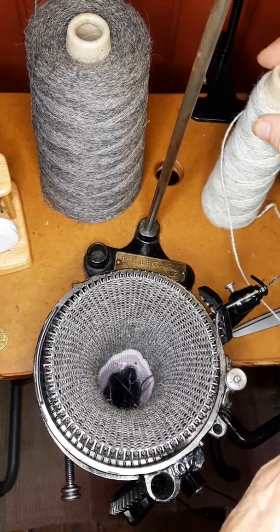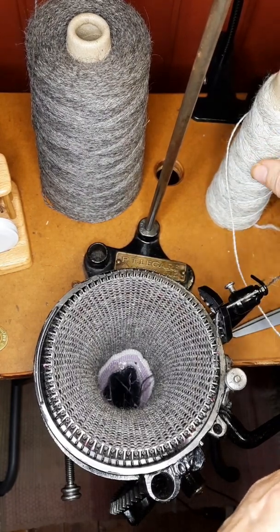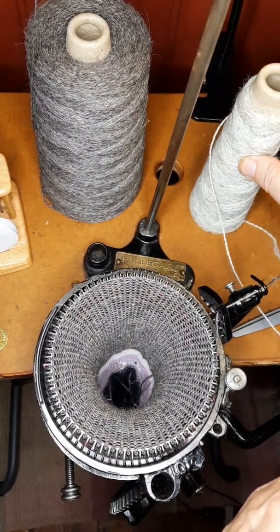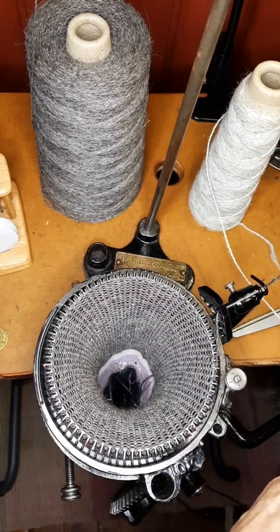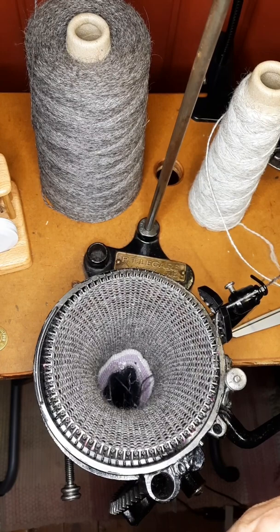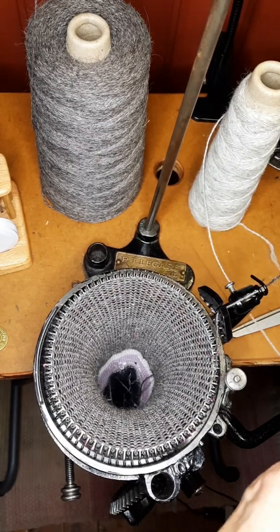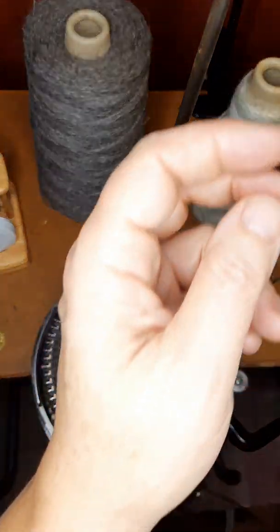So if you notice, this is the new color that we're going to do. We're just going to do 3 rows of it. This is also Shetland, our yarn that we produce on the farm, our Hilltop Shetland yarn, and this is also in a natural color. It's in a light dove gray. So I'm going to thread this,